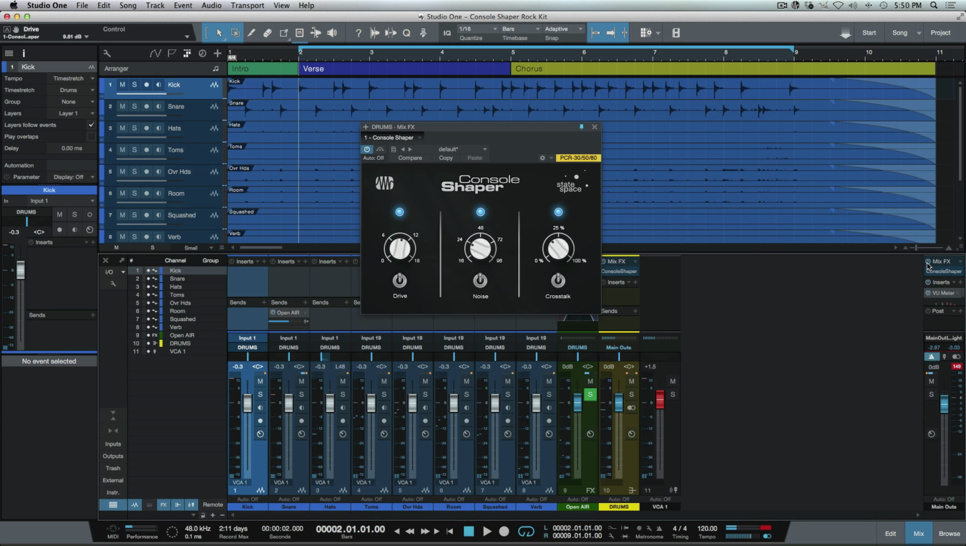Now, I will say with the console shaper, a little goes a long way. It's very easy to get carried away with this, but it is an incredibly powerful tool. And as you can see, I don't have any plugins on this session whatsoever. I'm just dialing in a sound that works for the program material. And we're able to take our tracks from kind of sterile sounding to having instant character and mojo before we've